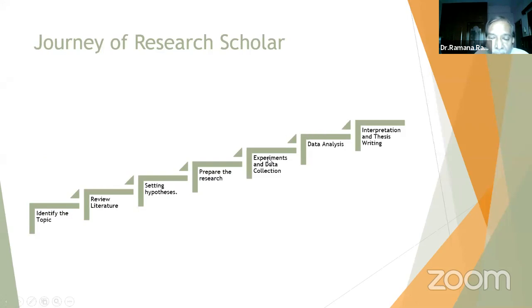While you are going through this journey, you will come across different milestones. At that milestone, you will pick a tool. It could be a mathematical model, it could be a statistical model. It depends on what you want to do. Your journey is defined, so you have to move only in this direction. That tool will help you to progress faster. If by chance you get a cycle there, you will move at a slower pace. But if you get a spacecraft, you will move very fast. So which tool is appropriate, you have to decide, and that will tell you whether it is a mathematical model or a statistical model. Hope I am clear.